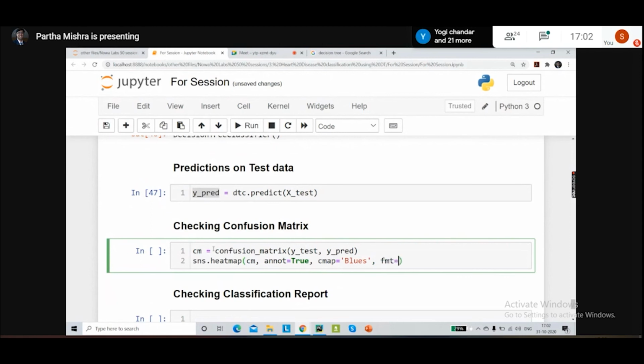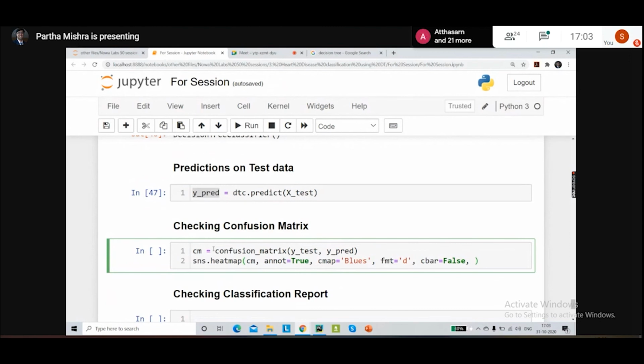Similarly, I'm going to keep the format to only numbers, no decimal places, so the format will be d. The next thing is we are going to remove the cbar. The cbar is nothing but the side bar that comes up whenever we build a heat map. For the time being, I don't want the cbar, so I'm declaring cbar to be false.